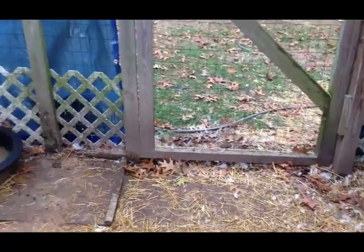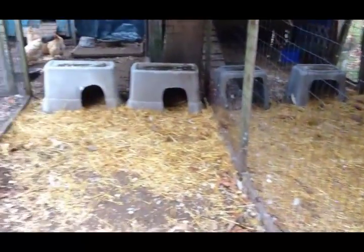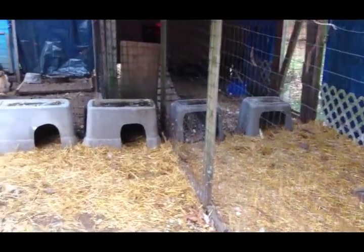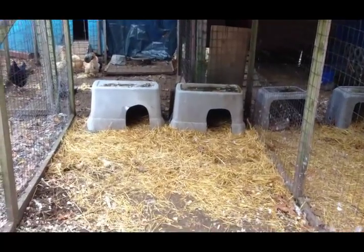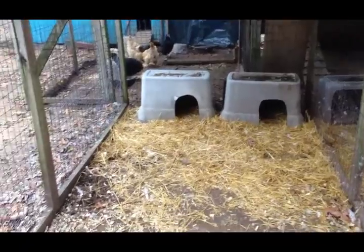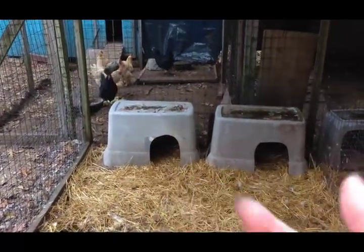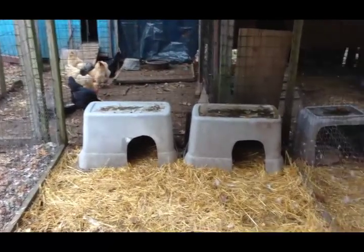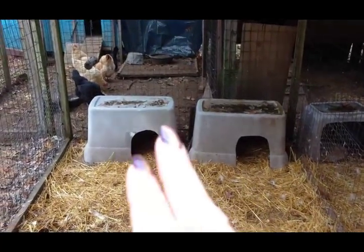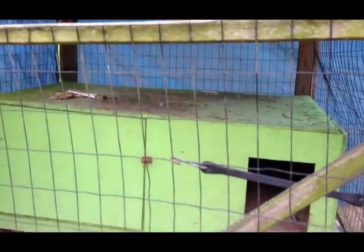I make sure they have plenty of food, good quality food, and a nice thick layer of straw, and somewhere to get in out of the weather. And they do sleep inside those Rubbermaid tubs. We just took some big Rubbermaid tubs, cut an opening, turned them upside down, and they're like little dog houses for ducks. And they do go inside there, and 2 or 3 of them will get inside one if it's really cold. And these guys have the nest box to get into if they want to,